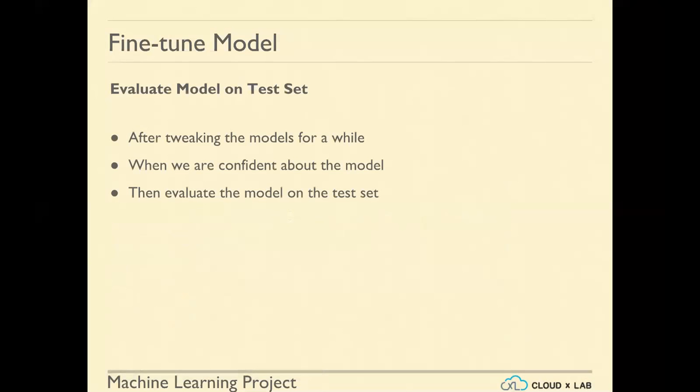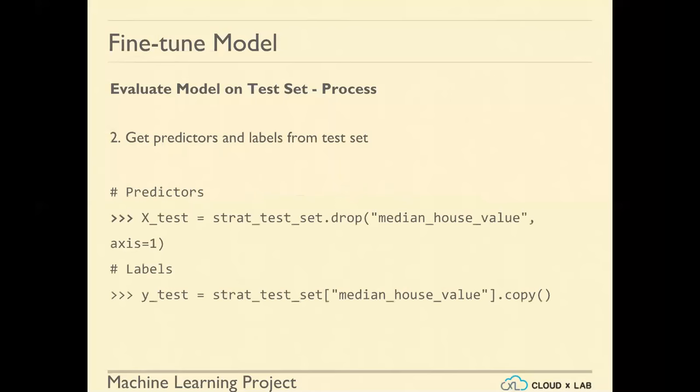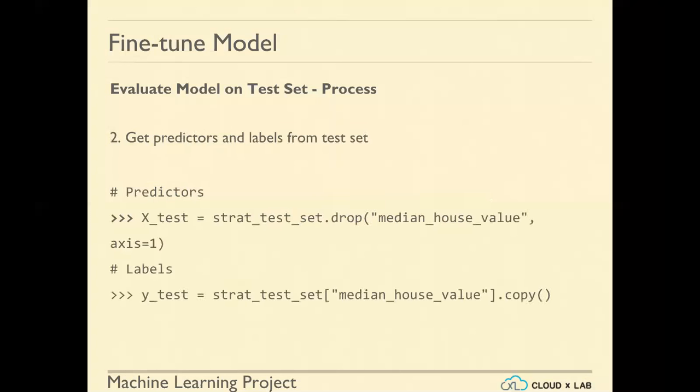Now, after tweaking the model for a while, when we are confident about the model, the time is to evaluate the model on the test set. So we get the final model. We are ignoring the random search here and going with grid search, though we could actually pick the random search, not much of a big deal. The final model, from either grid search or randomized search, we pick with the member variable called best_estimator_. And once that's done,